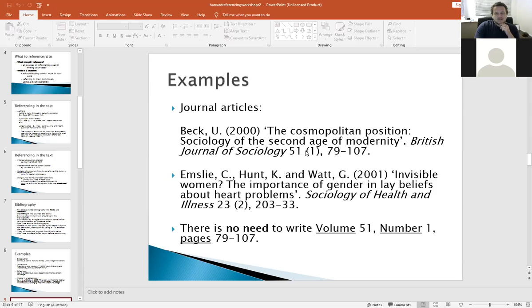We then put the volume number, the edition number, and the page numbers. Same thing if we have multiple authors, it's in alphabetical order. Okay, I'll give everyone 1 minute to jot down the journal article, and then I'm going to find an example, and then we're going to build the reference.